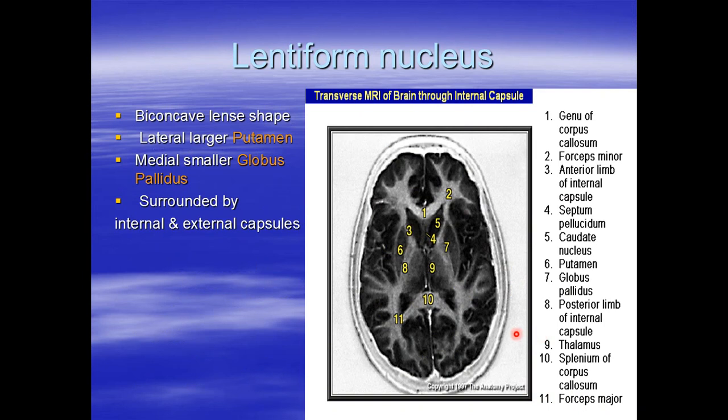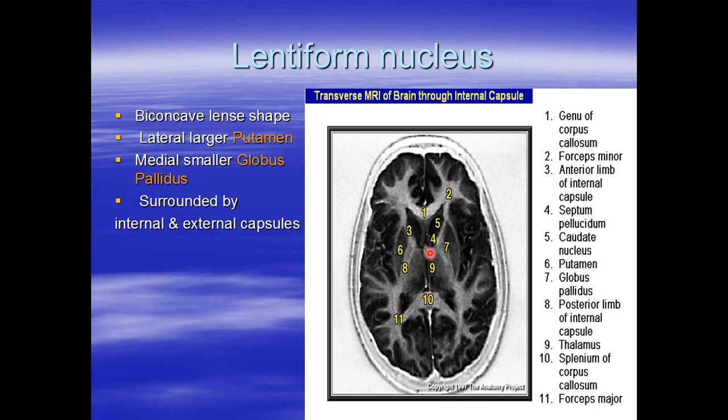Now the lentiform nucleus is located between the two limbs of the internal capsule, the anterior limb and the posterior limb, and you can see this is the lentiform nucleus that is composed of two parts. The medial part is the globus pallidus, and the lateral part is the putamen, and it's connected to the caudate nucleus by thin striations forming what's called the corpus striatum, and posterior to it is located the thalamus,